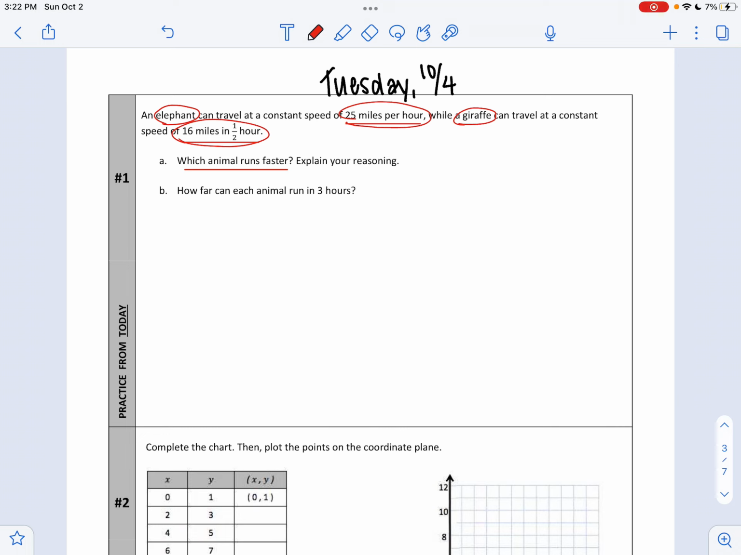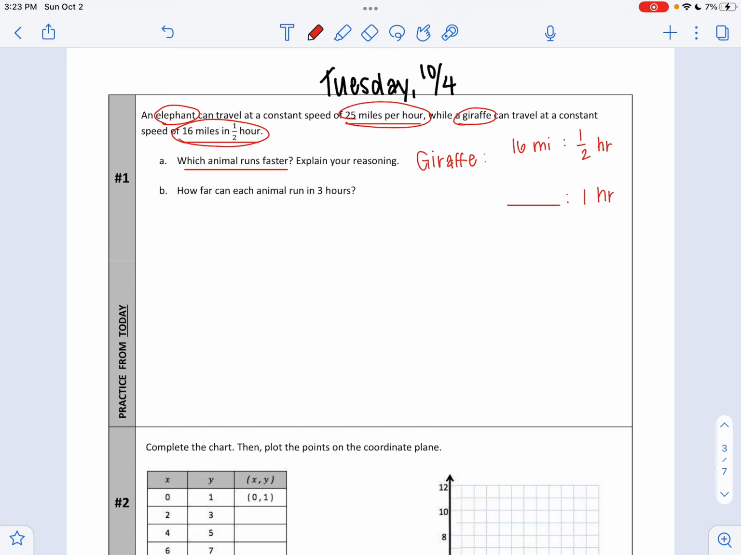I can't compare these speeds because these two animals have a different amount of time to travel. So even though the elephant moves farther, they also had longer. To solve this problem, you'll want to ask yourself, how far can the giraffe travel in 1 hour? You know that it can travel 16 miles in 1/2 of an hour. And so if you figure out how far the giraffe can travel in 1 hour, you'll be able to easily